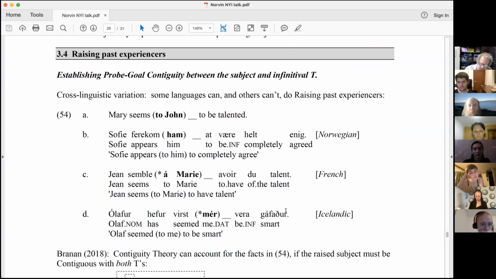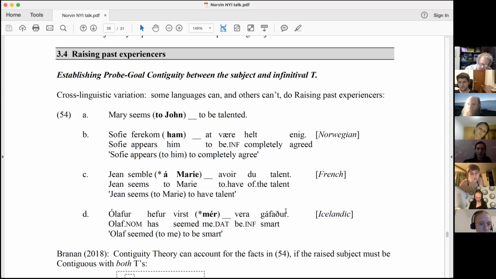This is out in French and in Icelandic. Brennan's insight was, sure, we can account for that if we say the subject needs to be contiguous not only to obey this probe-goal contiguity relation with the matrix T, but also with the embedded T, the T of the embedded clause. So in 54a, the T of the embedded clause can satisfy probe-goal contiguity with Mary,